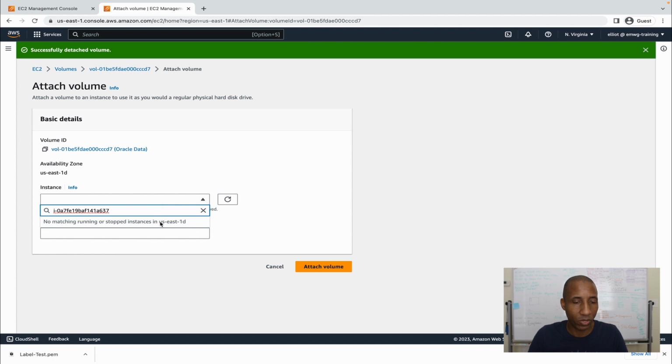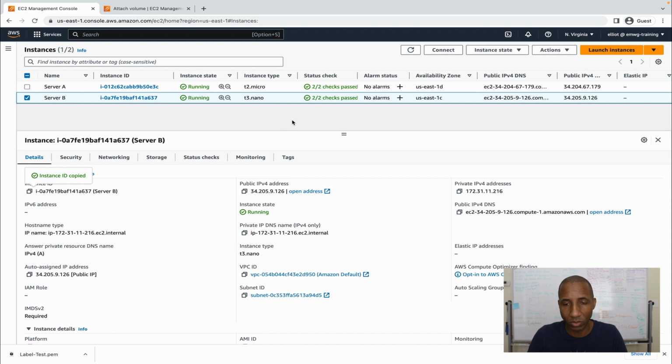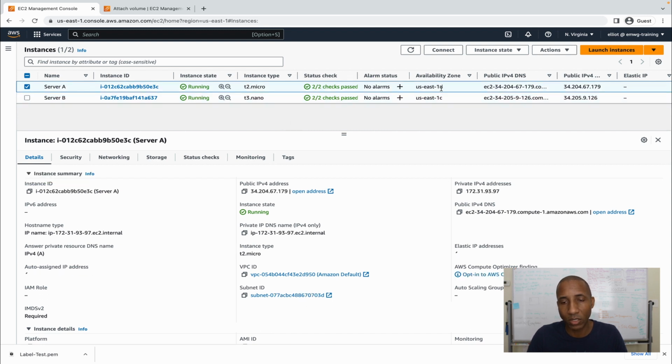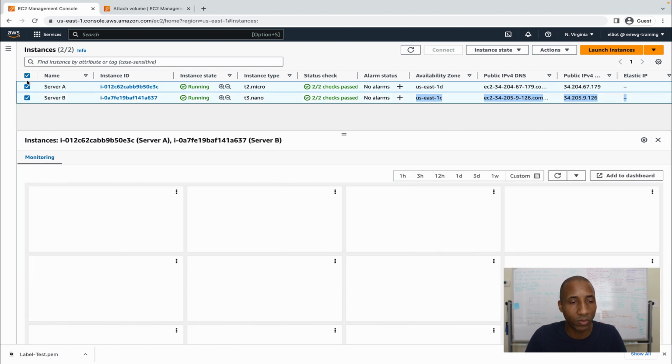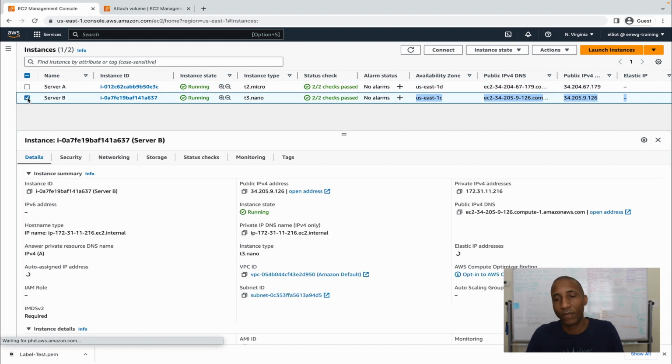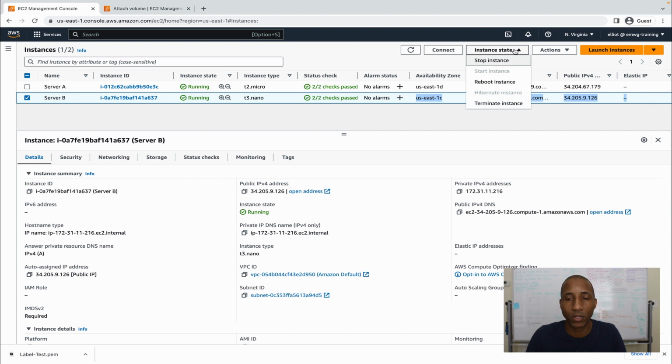Ah, man. Oh, you know what happened? I think we launched these in two different availability zones. Yeah, look, this one's in us-east-1d and this one's in us-east-1c. So we can't attach it. So we need to recreate this other t3.nano and make sure we put it in us-east-1d. So it's a good thing that we set up the terminate